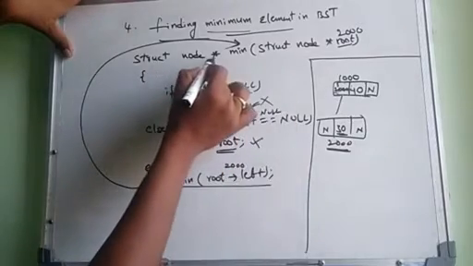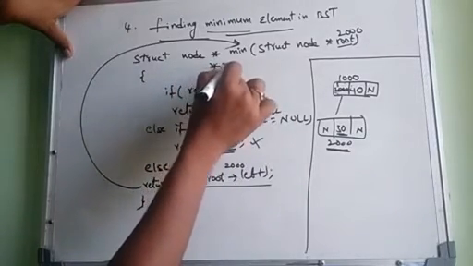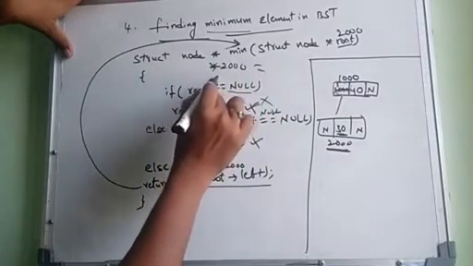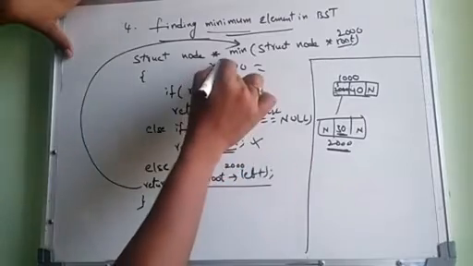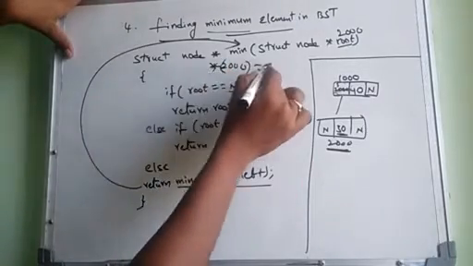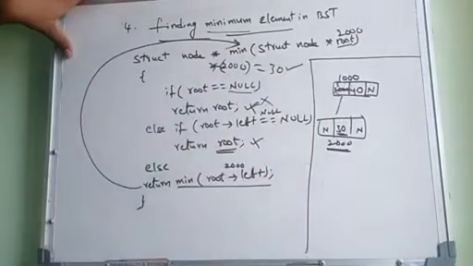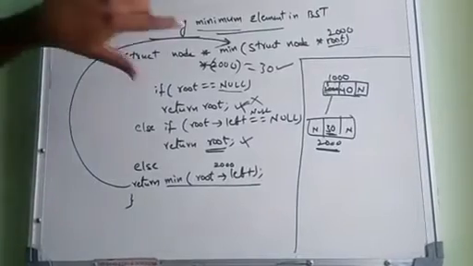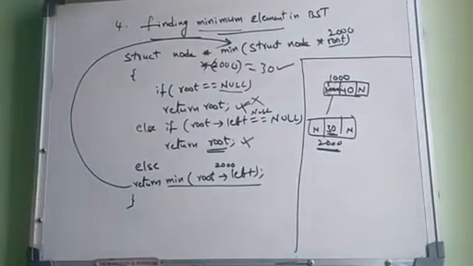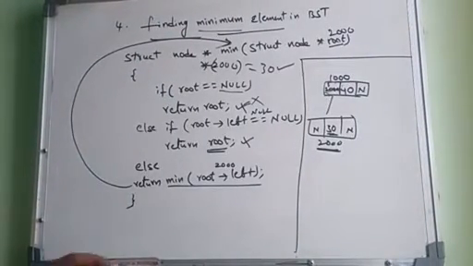So here what is the return? Star 2000. What is the pointer 2000 in the sense? The value at the address 2000. Which value is there? 30. It can display the minimum value is 30. So try to write the program only to find the minimum value of a given binary search tree. I hope you understood.